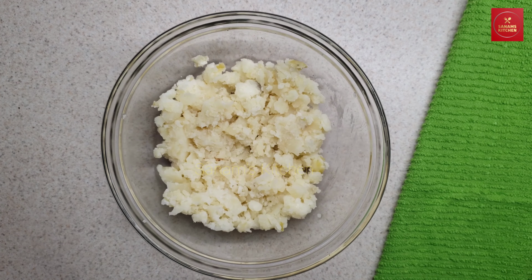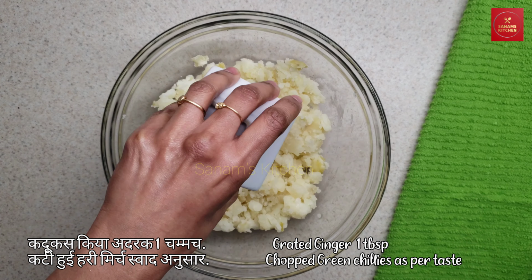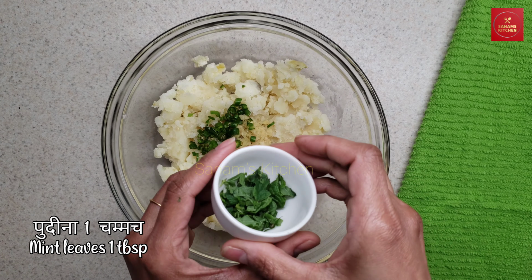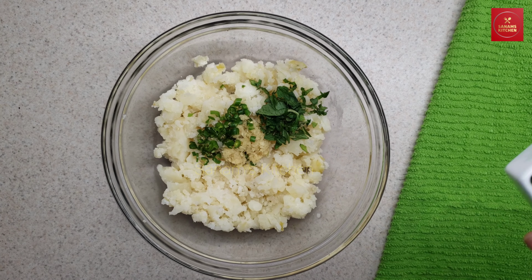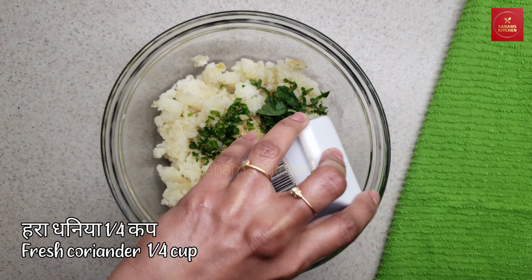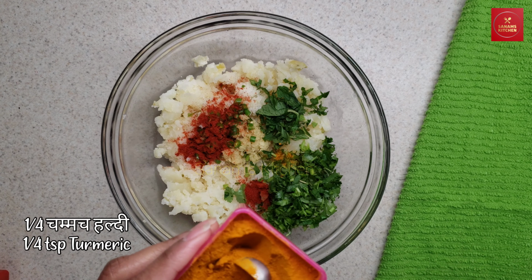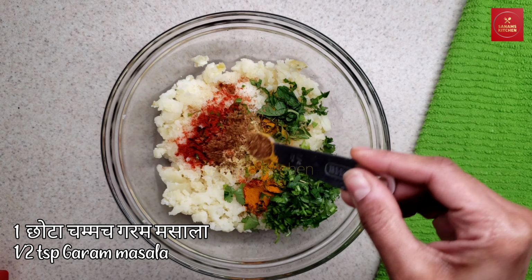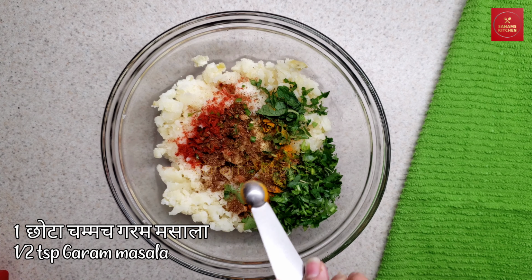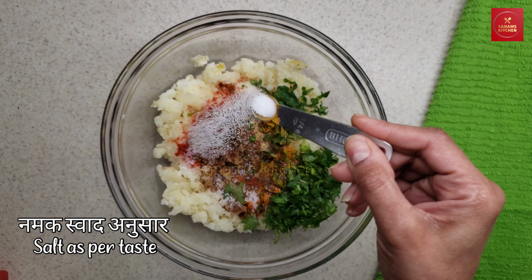To this I'm going to add ginger and green chilies, and with that chopped mint leaves, which gives nice flavor. Add 1/4 cup of fresh coriander, and 1/2 teaspoon of red chili powder, and 1/4 teaspoon of turmeric powder, and 1/2 teaspoon of garam masala, and salt as per taste,